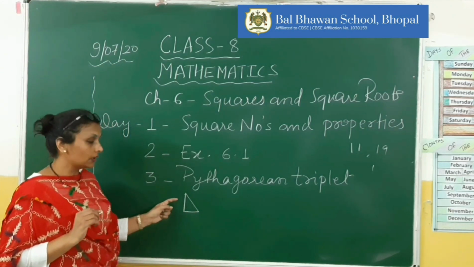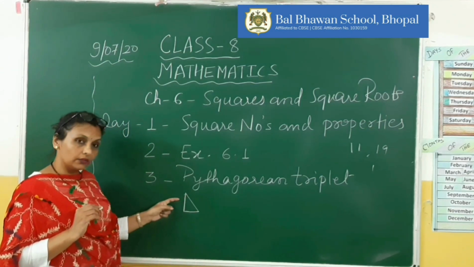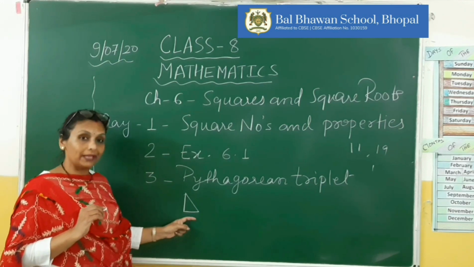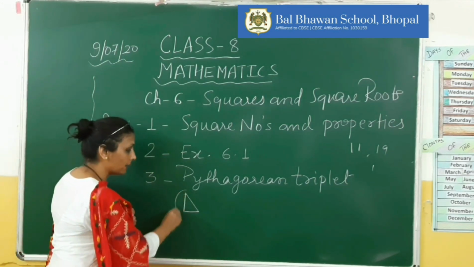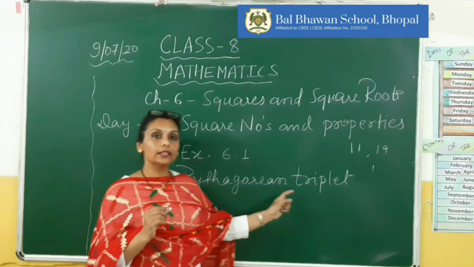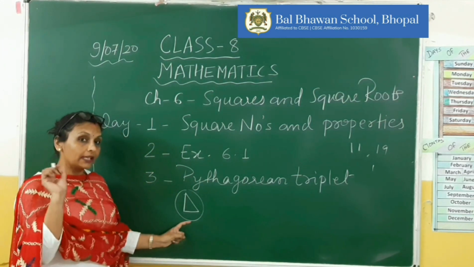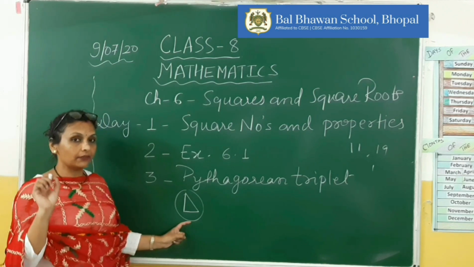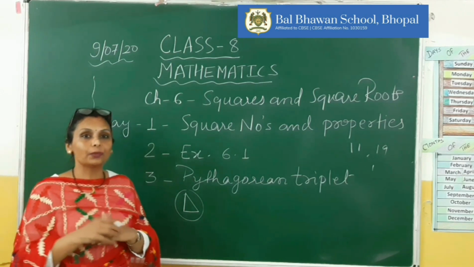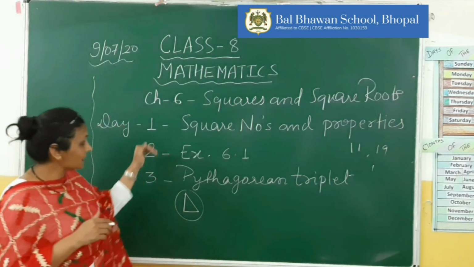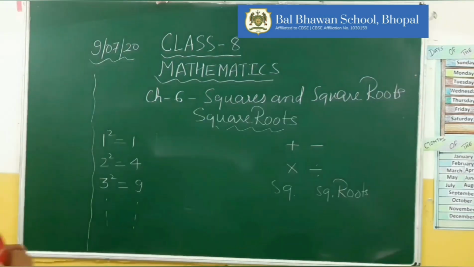Means the length of the hypotenuse, the length of the perpendicular, the length of the base. The set of these 3 numbers is called Pythagorean triplet. If any one side is given, means if one number of that triplet is given, how can we find out the other 2 numbers? We studied these 3 things so far.